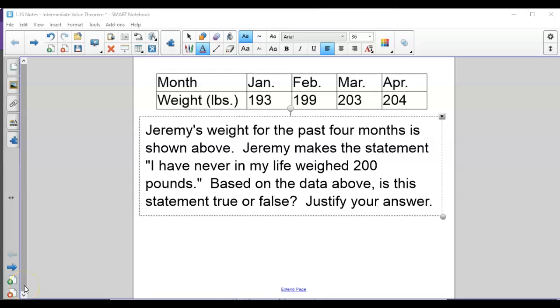In this section we are going to look at the intermediate value theorem. But before we get started on taking some notes on those things, I just want to look at these problems right here and sort of think through them reasonably first.